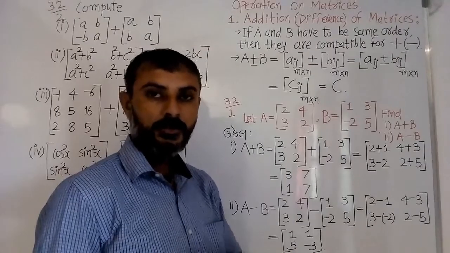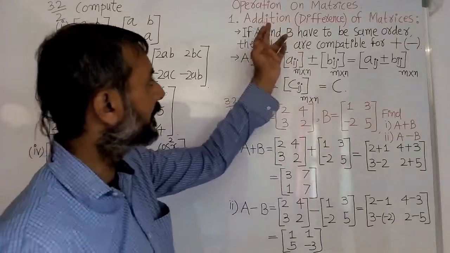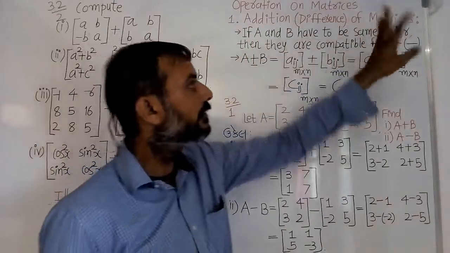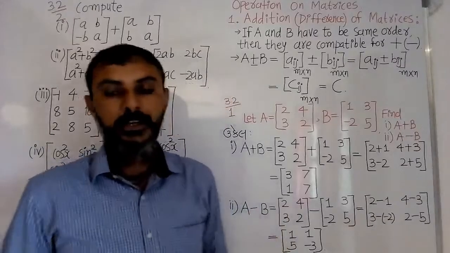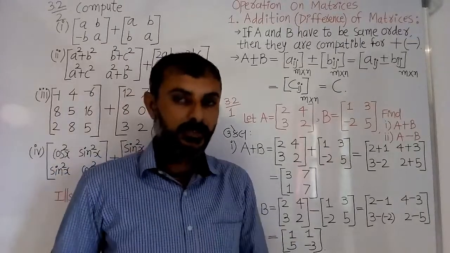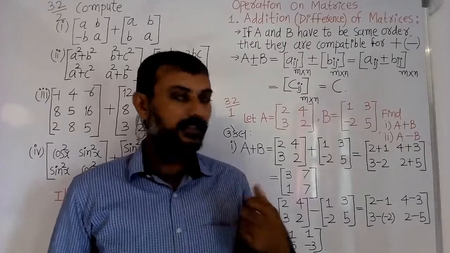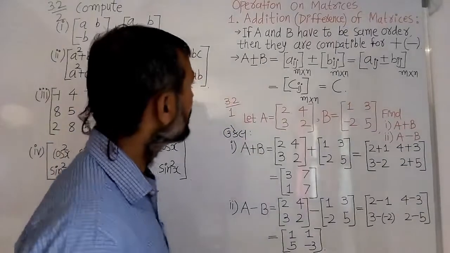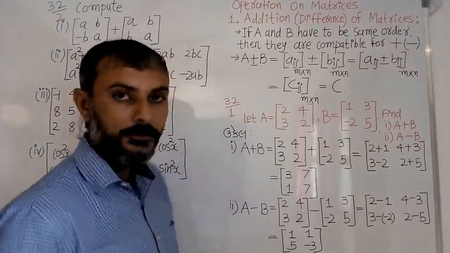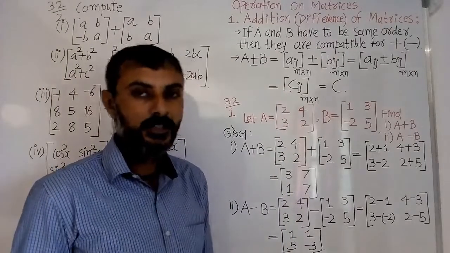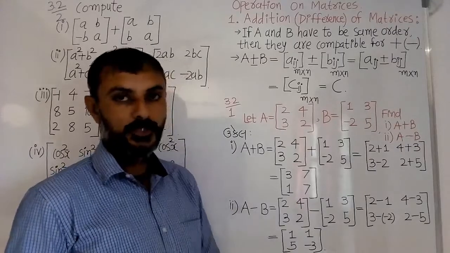The definition of subtraction is also the same. That's why we are taking addition and difference of matrices simultaneously. First of all, to apply addition or difference, we require two elements, here two matrices. So let me take two matrices, and we know if they have the same order, then addition is possible, then difference is possible.